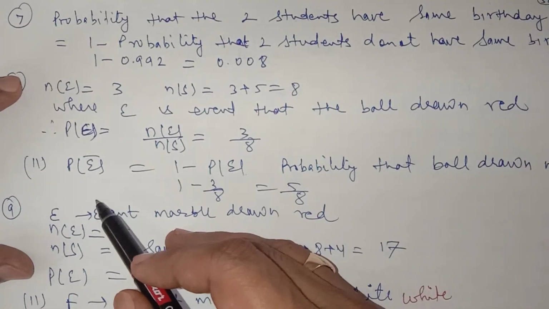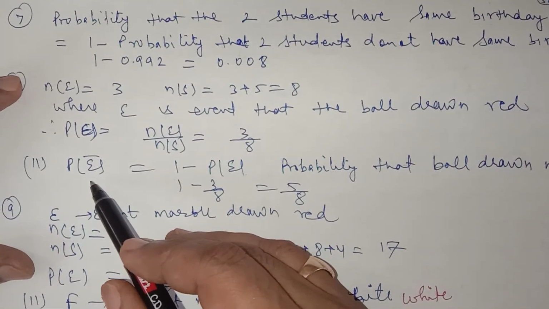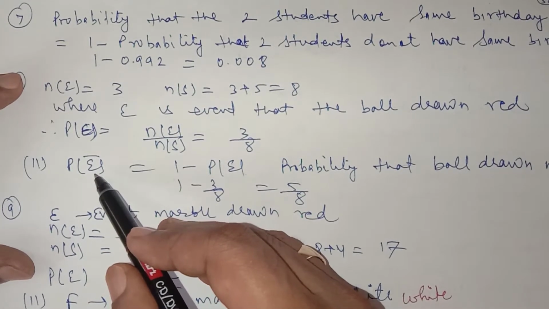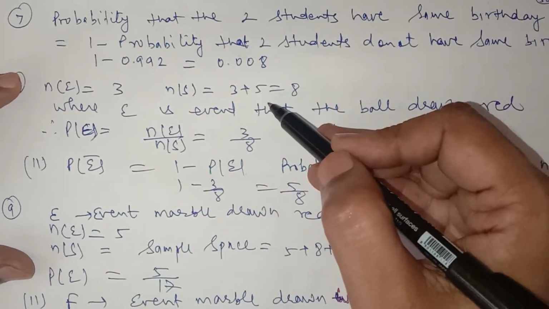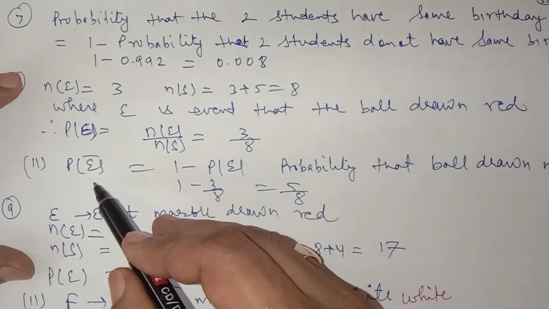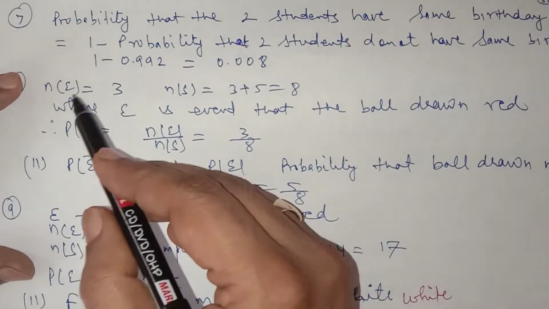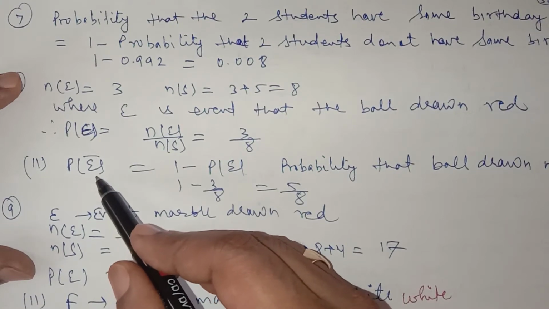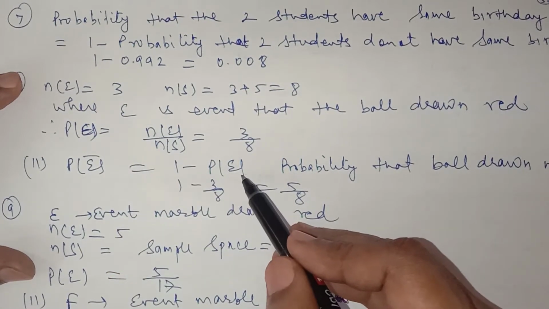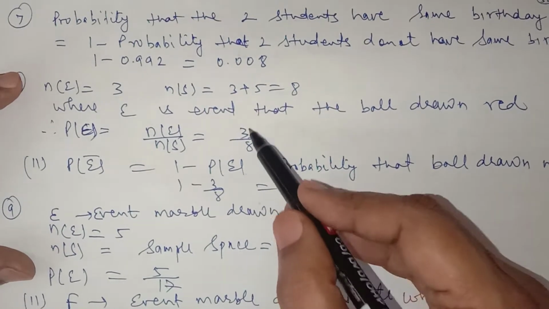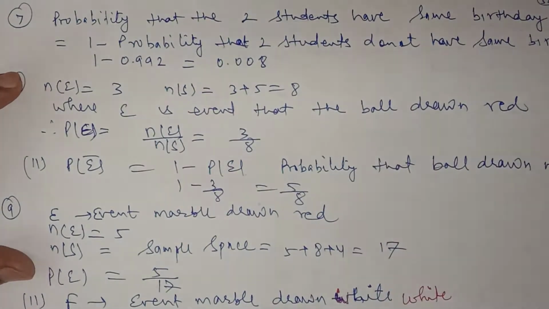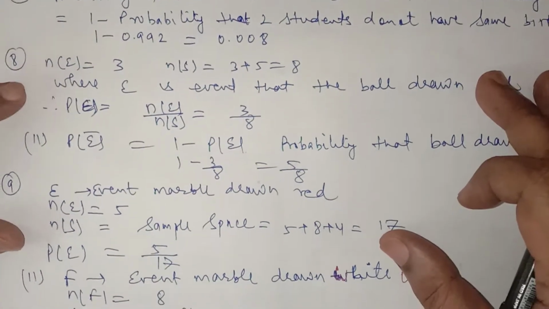Now in the second part of this, you have to find the probability that the ball drawn is not of red color, that is PE naught you have to find. It should not be of red color, that is, it should be of the other color. You can do it directly like this, 5 upon 8. Or if you have to find that it is not of the red color, let E be the red color, then E naught means it is not of the red color, and PE naught is equal to 1 minus PE. You know it. So 1 minus 3 upon 8, so you will get 5 upon 8. You can do it directly, that the balls which are not of red color are 5, so 5 upon 8.